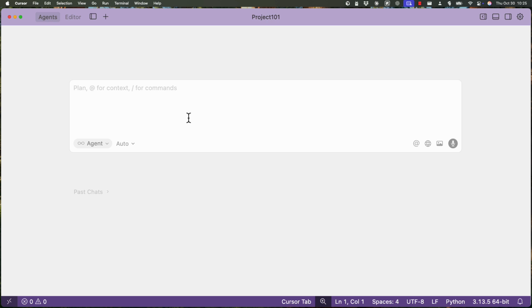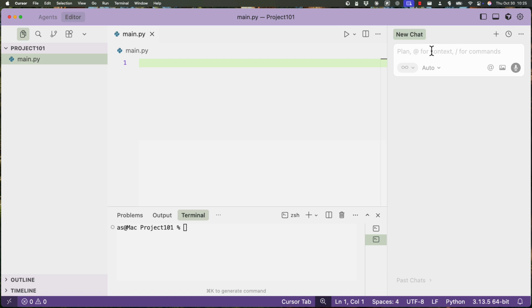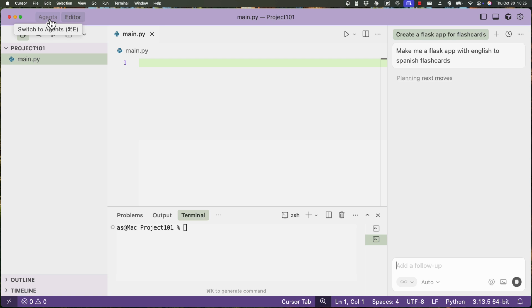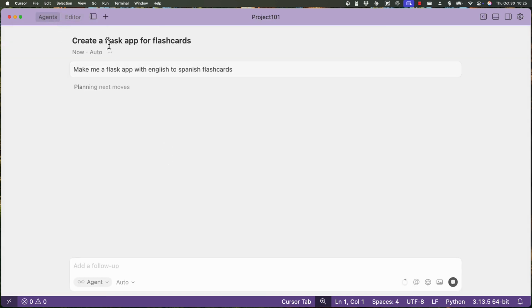So Cursor changed how you interact with your application when you do vibe coding, when you generate code with AI. Because before, you would use this terminal, this panel here to chat with the AI and instruct it, make me a Flask app with English to Spanish flashcards. Right, this is how you did it before, but now that message, you write it here,